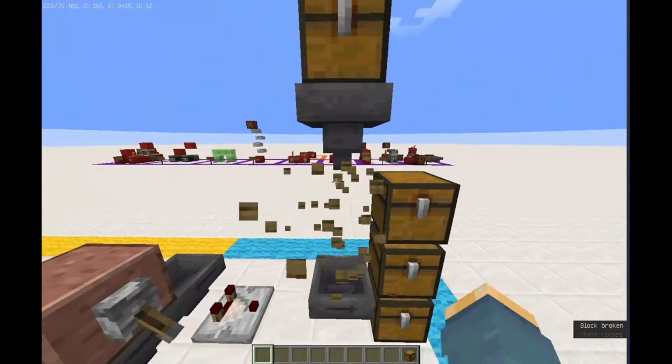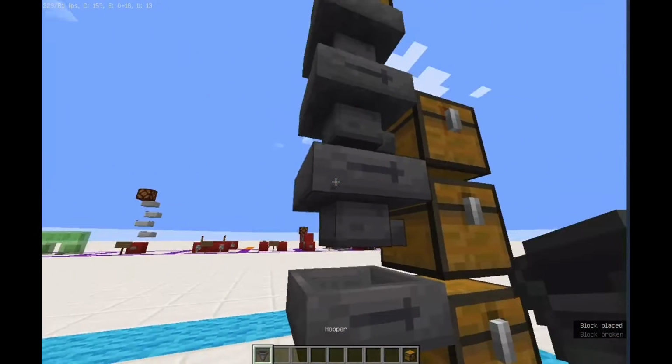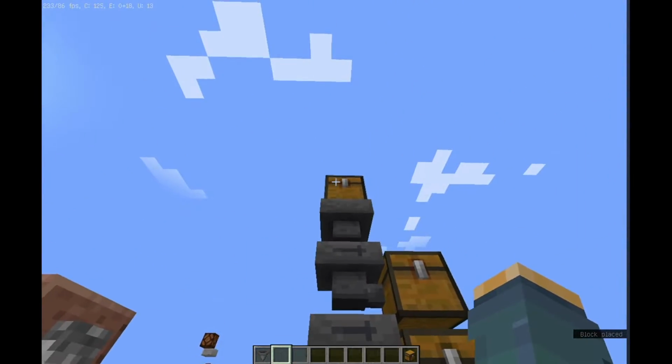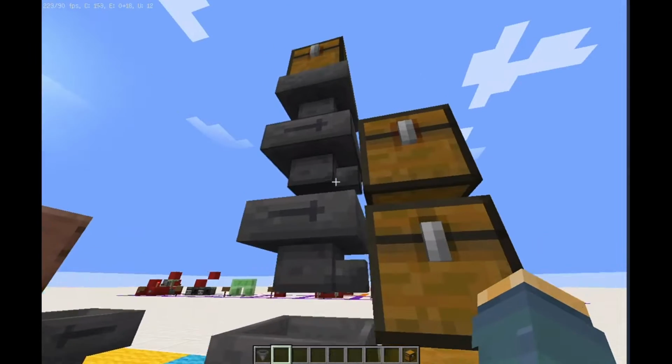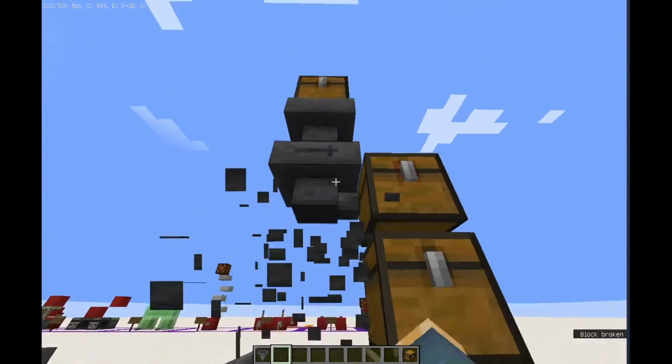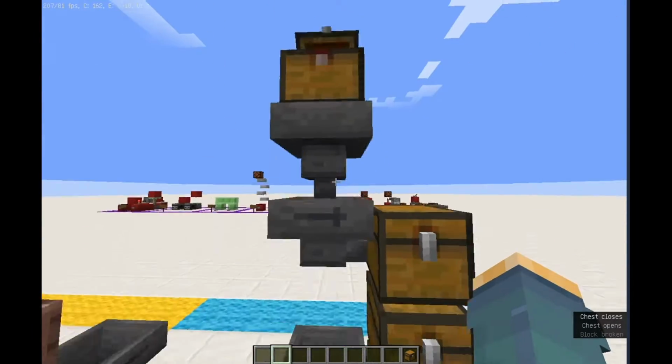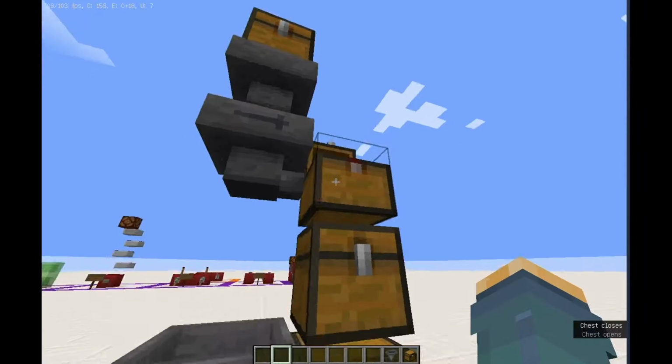And if we have the funnel, do you see the little funnels running into a chest, it will redirect and run into that chest. But